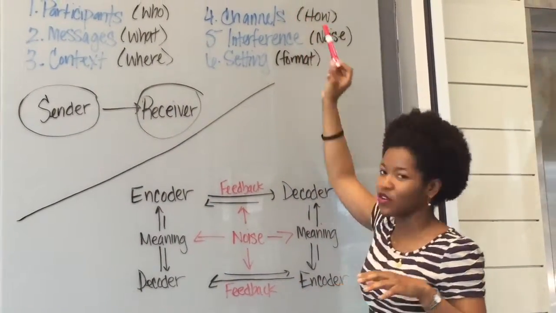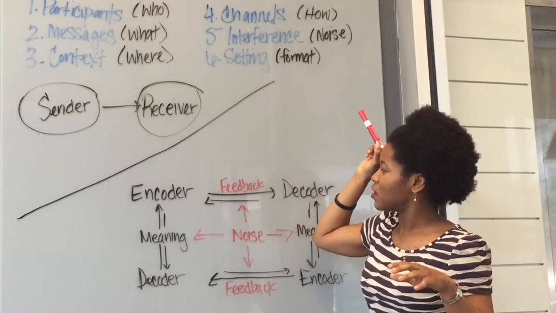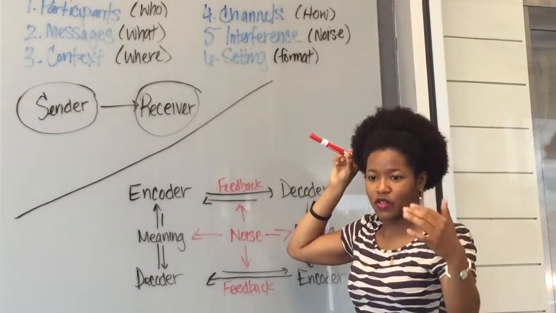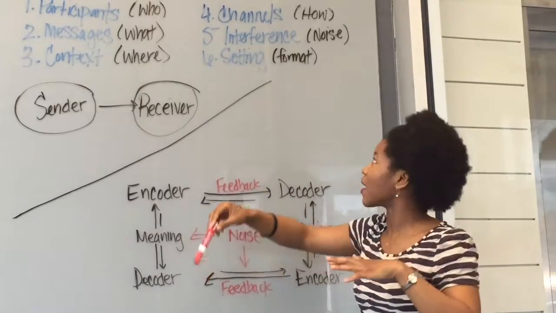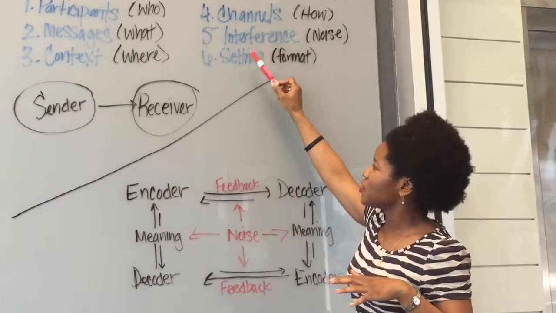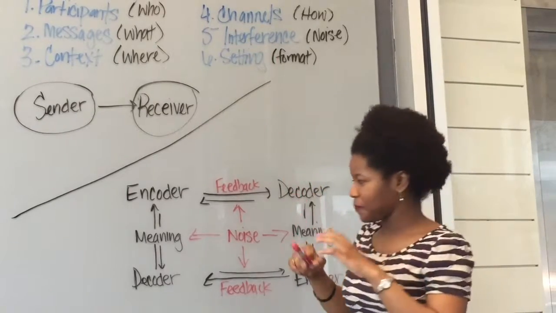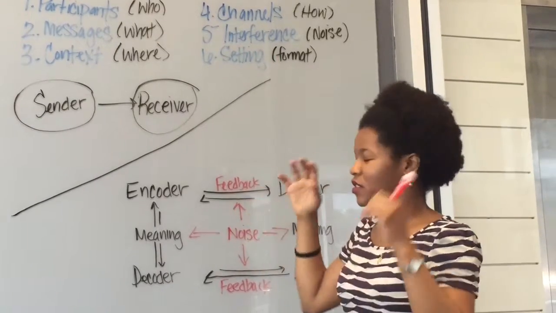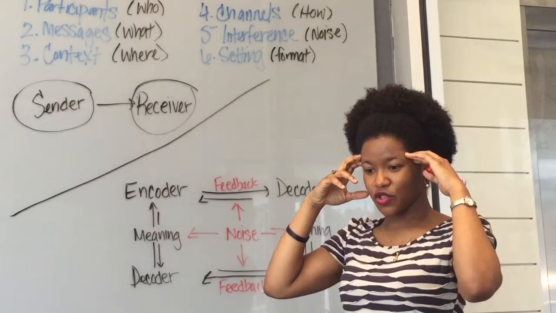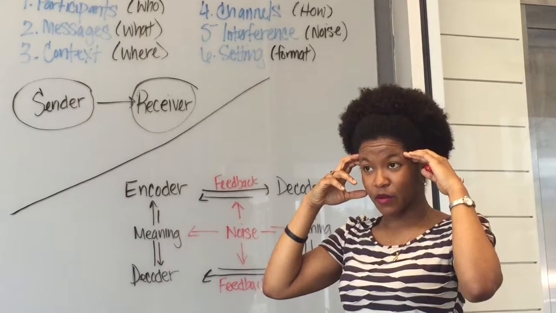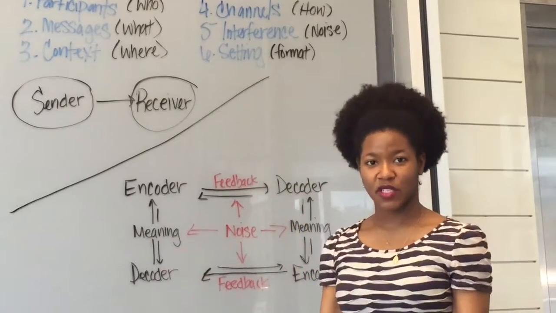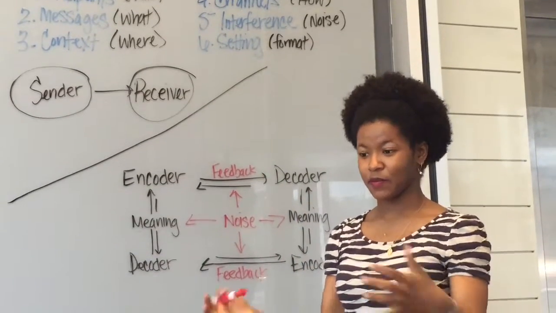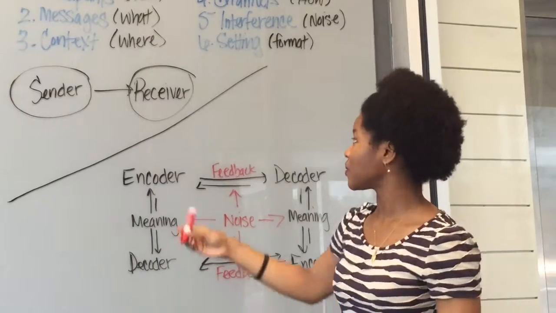Then the channel is either the face-to-face or the technological route, all right? We're gonna introduce these two, but before I do that, I want you to start to kind of put this into a diagram in your mind so you get the gist for how this works. This is a process. Every process can be charted or diagrammed.